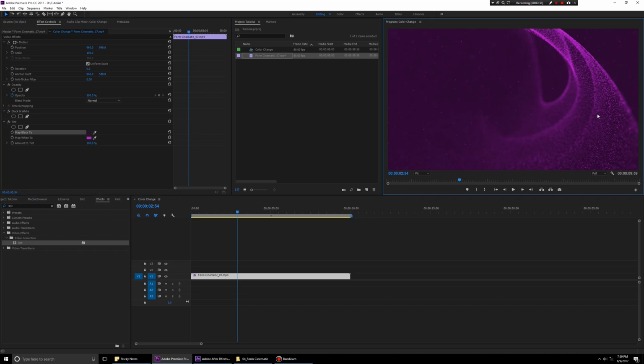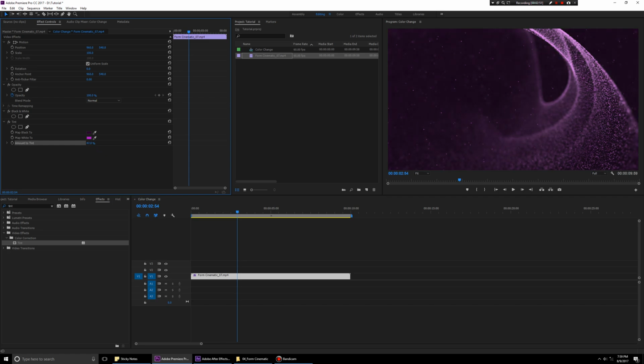You can control how much intensity you want of the color. So maybe you want something like this but a little less intense, so you can change the Amount to Tint to maybe 75, right? Just bring it down, bring it up, see what works best in your project, right? So you can just scroll through this and see what you like. So I'm going to keep it at about 50,